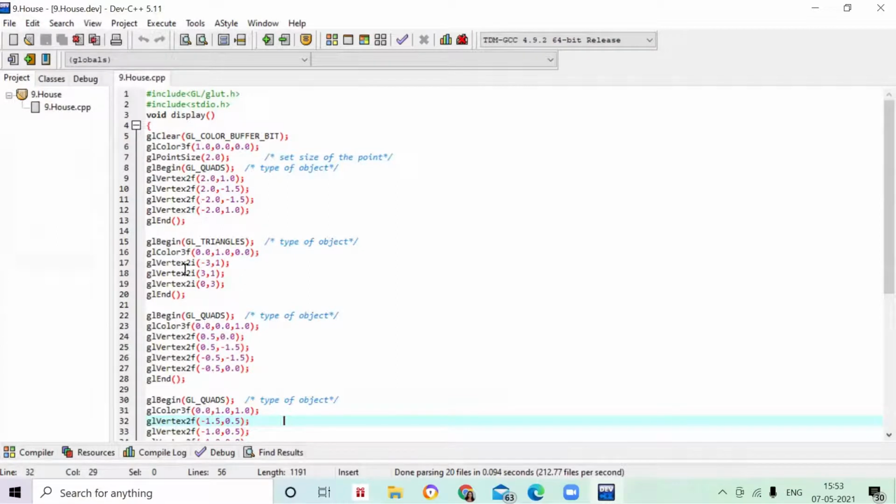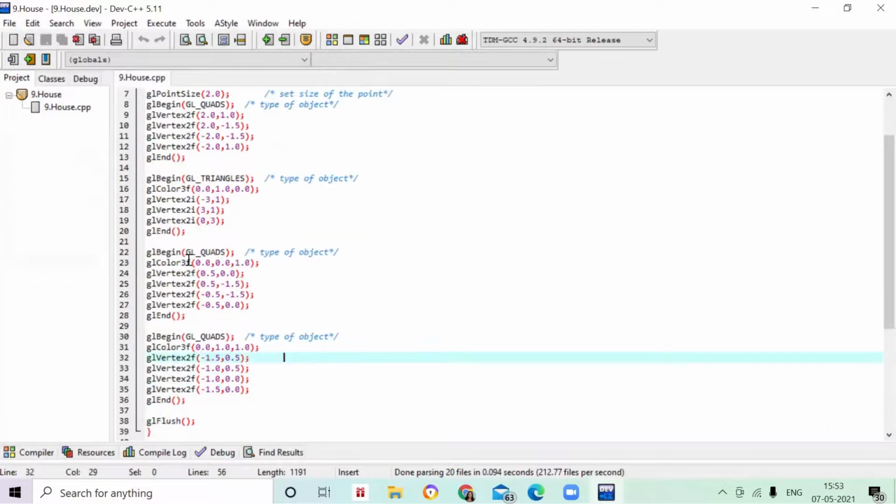A quad has been used. Then on the top there is a triangle shape, so we have written the code for the triangle. Then again inside that, a small quad, because we want the door and window, so these two are for the door and window. Remember one thing, while placing the point values or coordinate system, it has to match properly. Otherwise, your triangle will be somewhere and your rectangle will be somewhere. If you want to attach them, then you have to place the coordinate values in a proper manner.